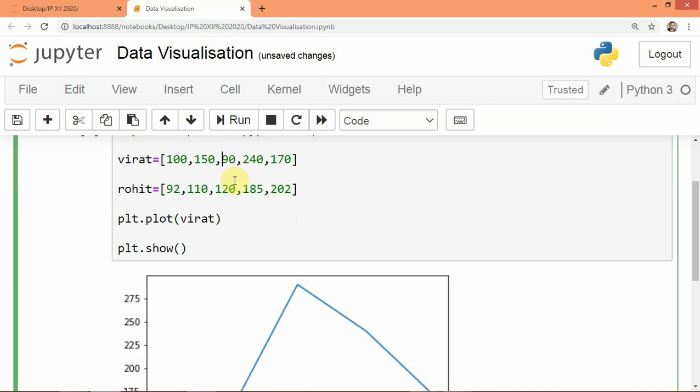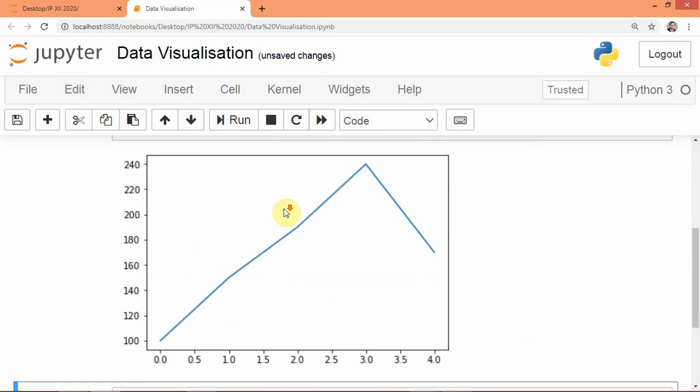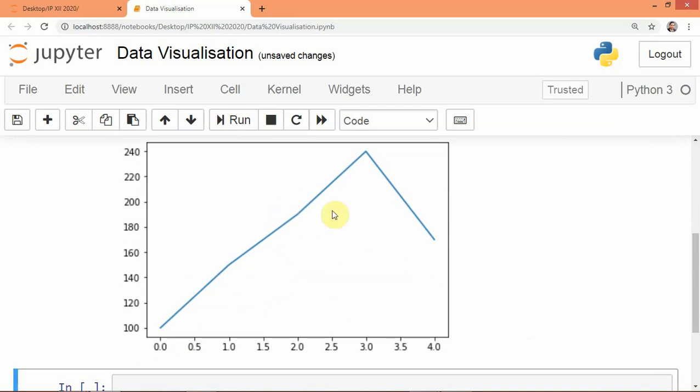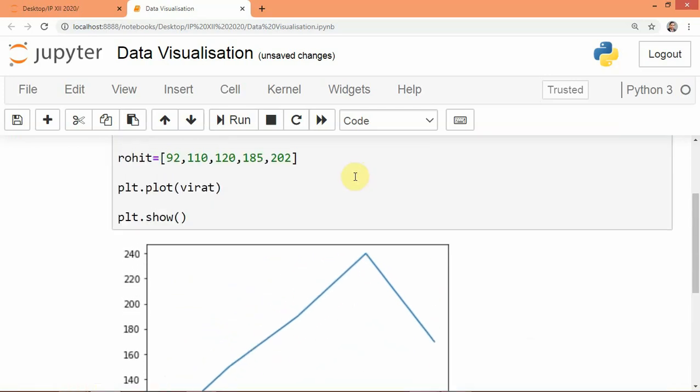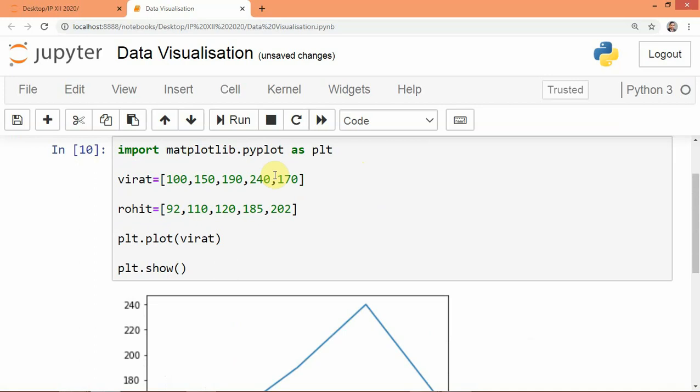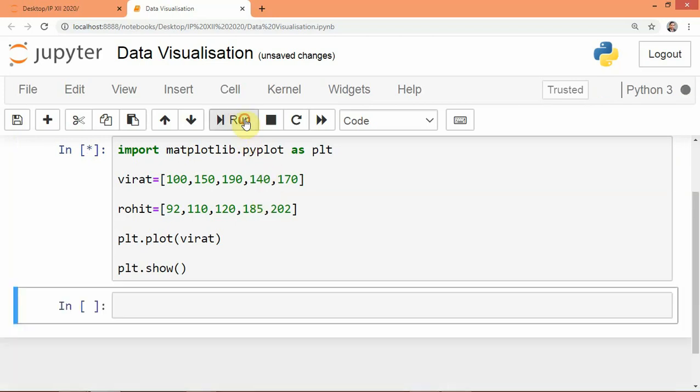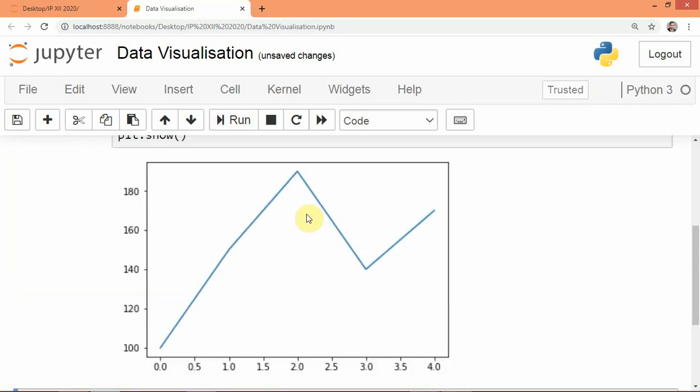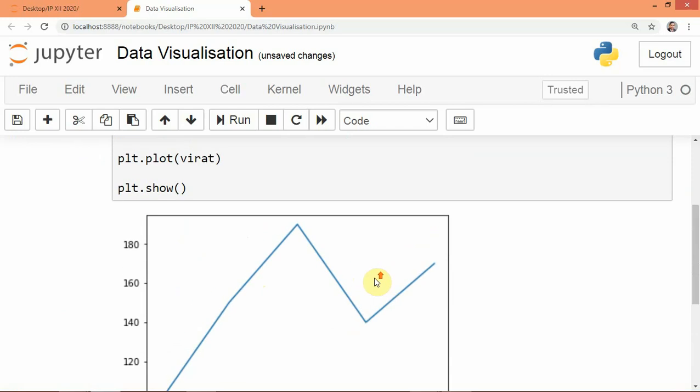So you can see it has gone to 190, then again it is coming down to 140. So here when he is scoring more, the graph is going up. When he is scoring less, the graph is coming down, like this.